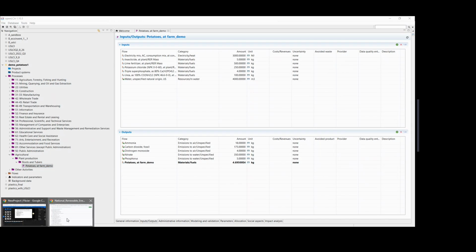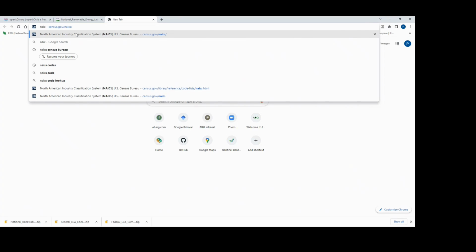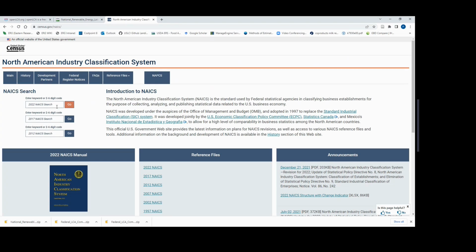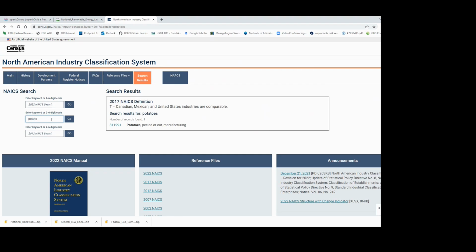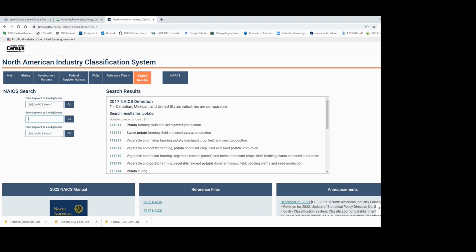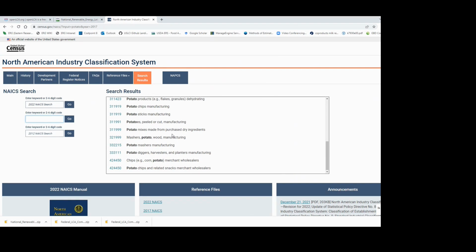Easy way to do this is by going to the NAICS website on the Census Bureau. We're currently using 2017 NAICS codes, so we can just go ahead and search for potato. Okay, and we see we have a few different options in here.